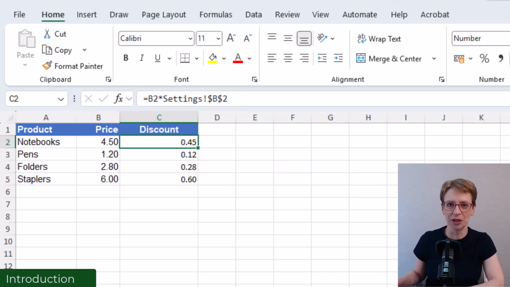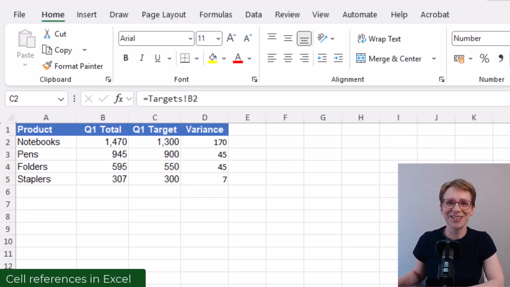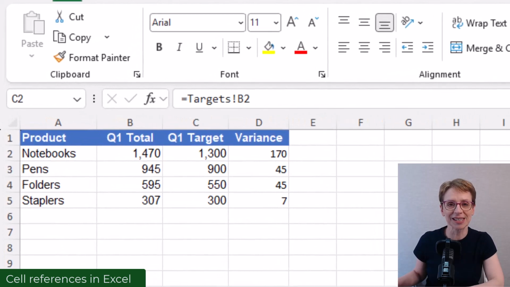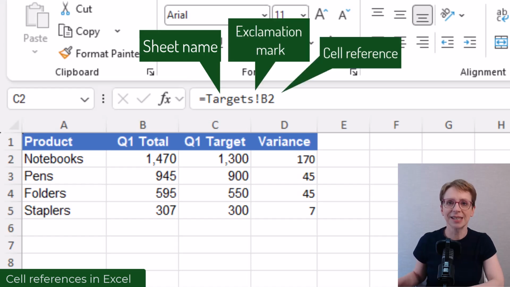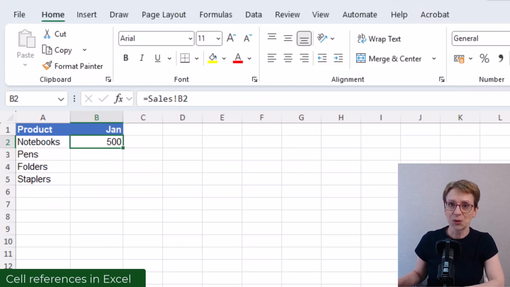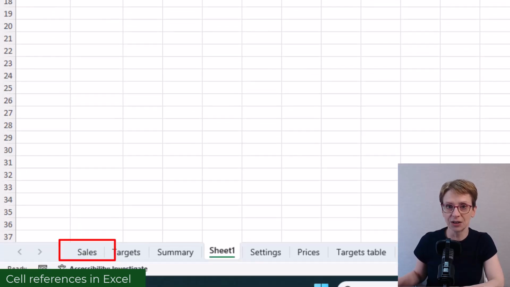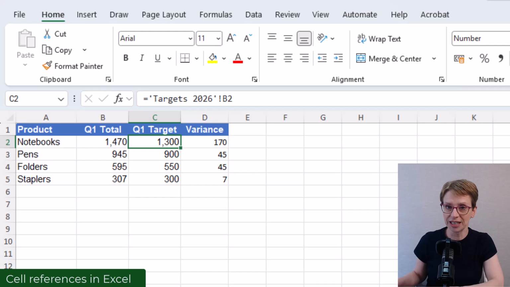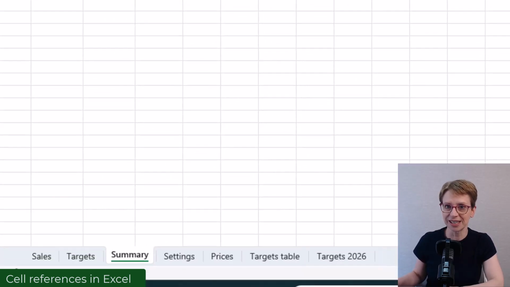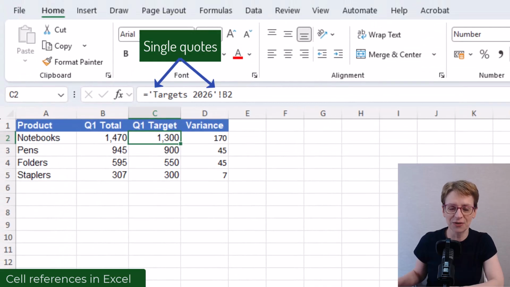formula down a column. Before getting into the examples, it's worth knowing the format Excel uses when referencing cells. It's always sheet name, exclamation mark, cell reference. So to reference a cell B2 on a sheet called Sales, it will appear as Sales exclamation mark B2. If the sheet name has spaces, such as for the tab Targets 2026, Excel wraps the sheet reference in single